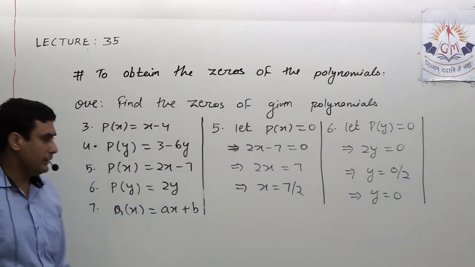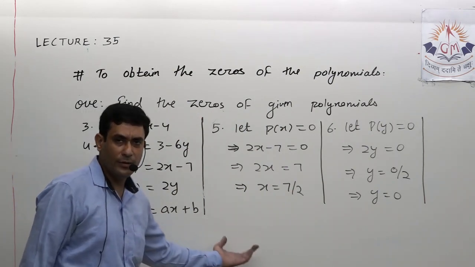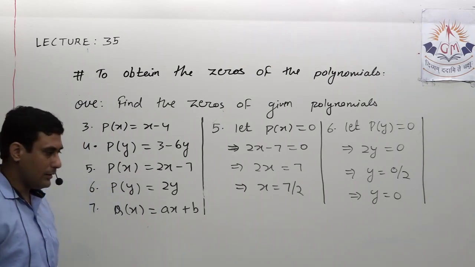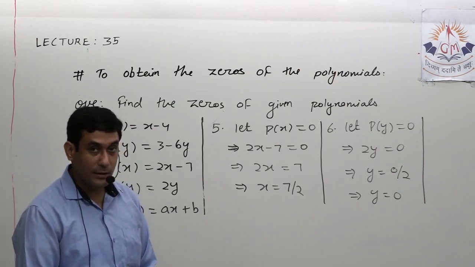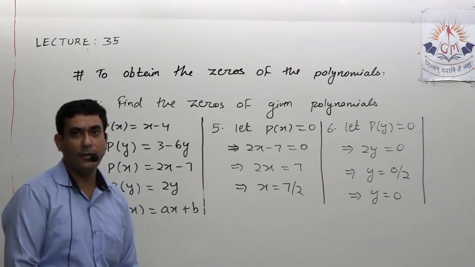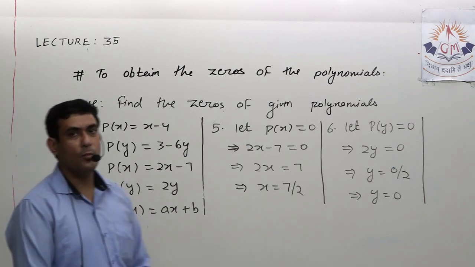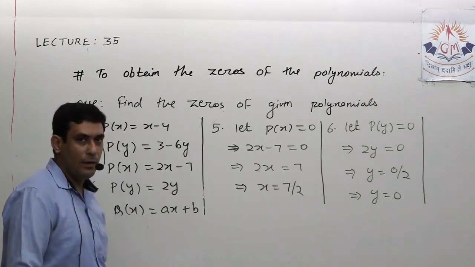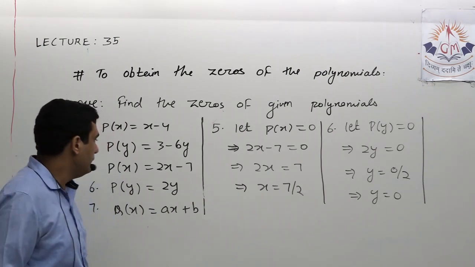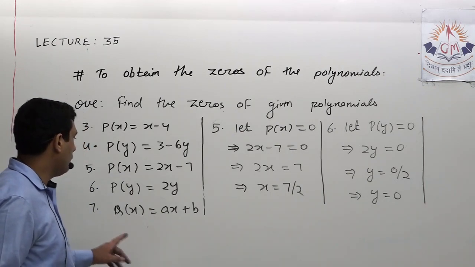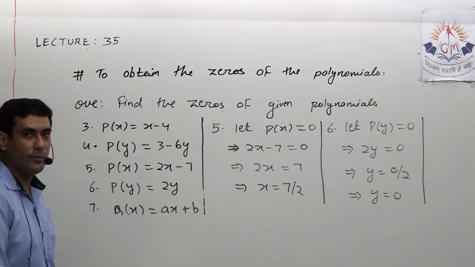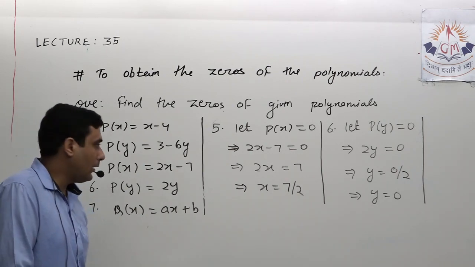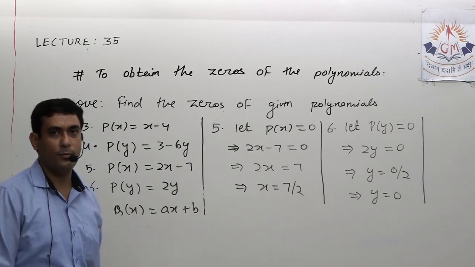Okay, so it's very easy to find the 0 of the polynomial, especially for a linear polynomial. For a quadratic polynomial it is a little bit tricky, not difficult, but it is definitely tricky. You should know how to factorize the quadratic polynomial. That you must have learnt in your previous classes. So we'll see how to find the zeros of the quadratic polynomial. There is one more question, q(x) equal to ax plus b. So first please note it down, then we come to the last question of the linear polynomial, and then we come to how to find the zeros of the quadratic polynomial.